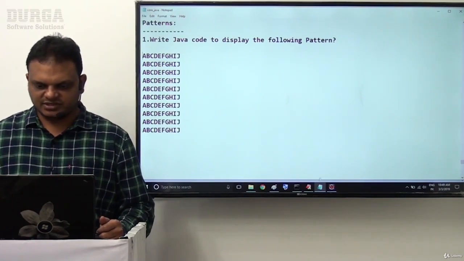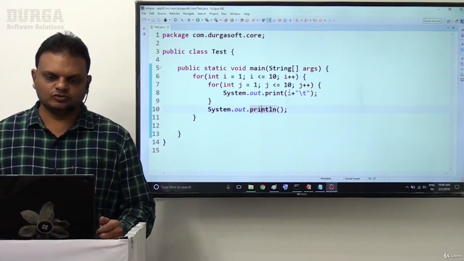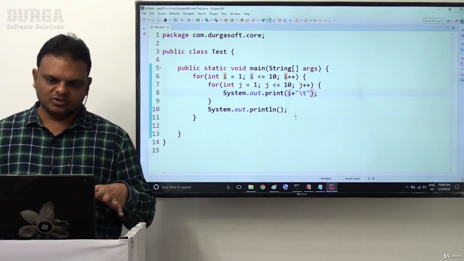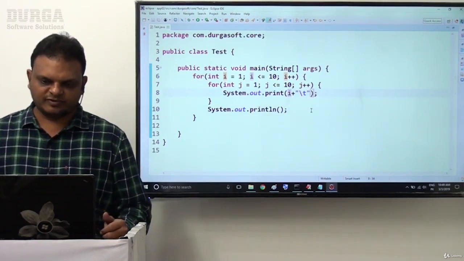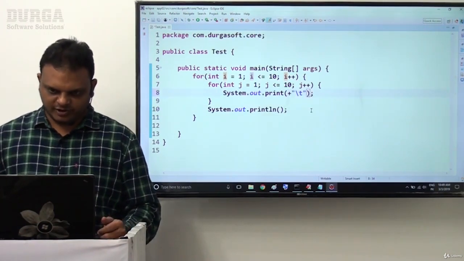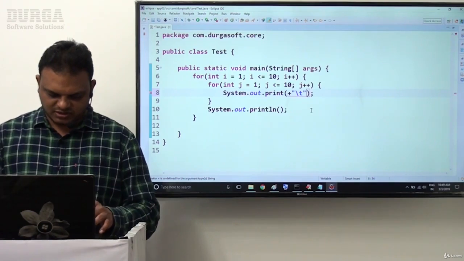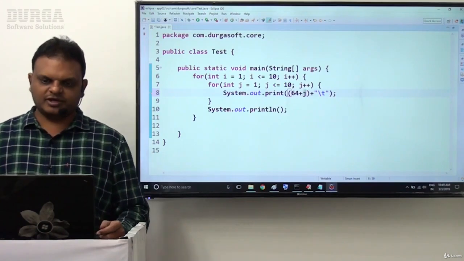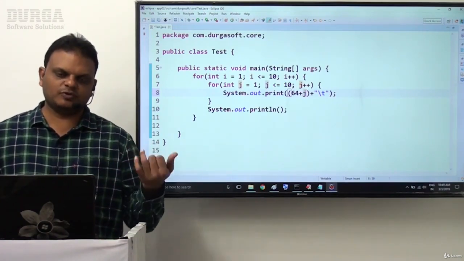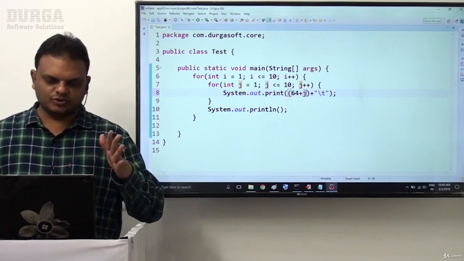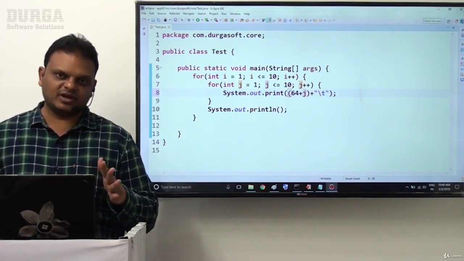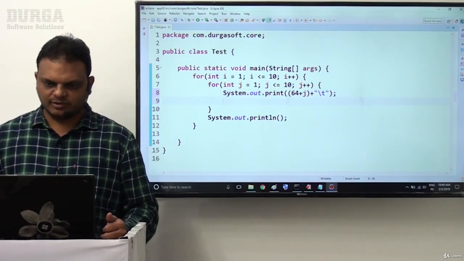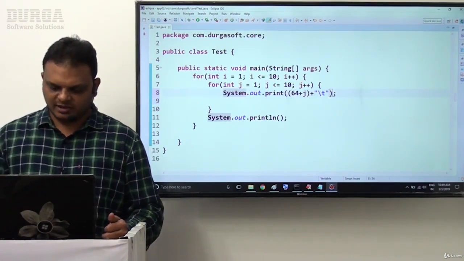Now if it is the case, here what we have to do, if you want to display capital A, then 65 is the ASCII value. So now from this point onwards, I will take a bracket here, 64 plus the j value, that means 64 plus j starts with 65. That 65 is an ASCII value, that must be converted to a character. So I need to perform typecasting, char typecasting here.